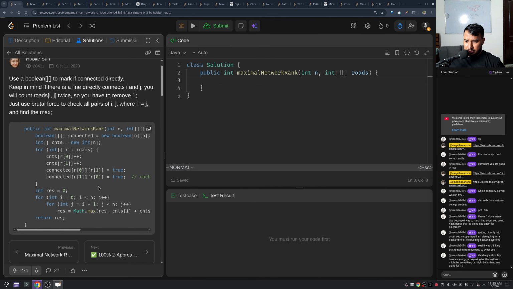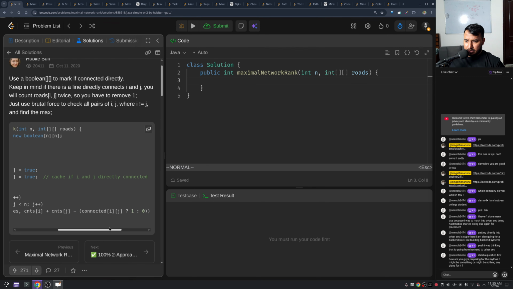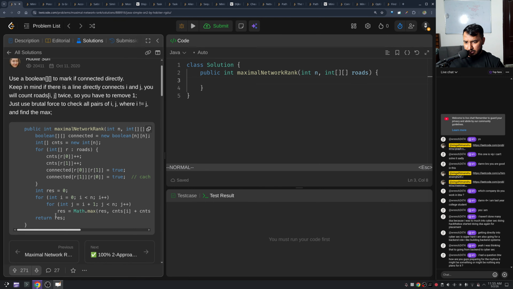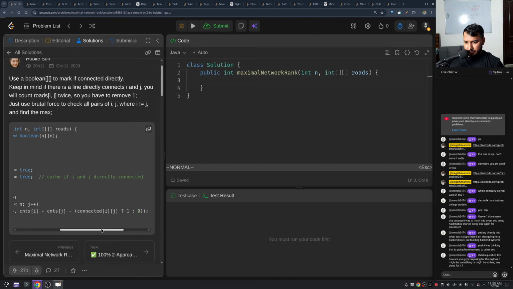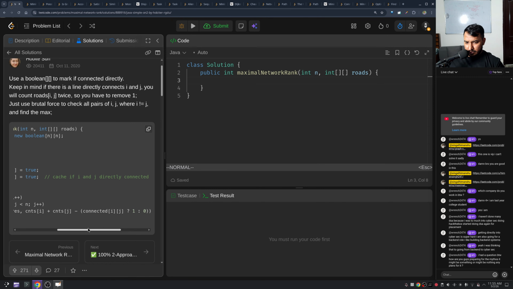Connected is true. Okay, R0 connected to R1 is true. They've taken a matrix here, and for int equal to 0, all the other pairs, if it is connected, then we do a -1. If it's 0,